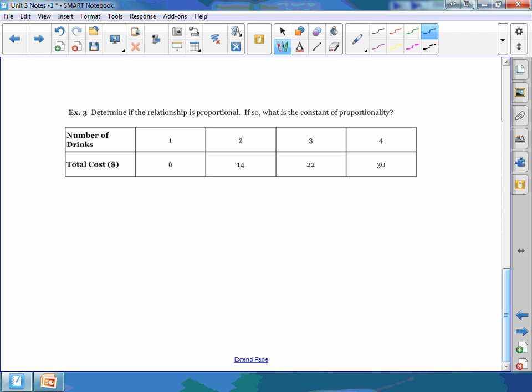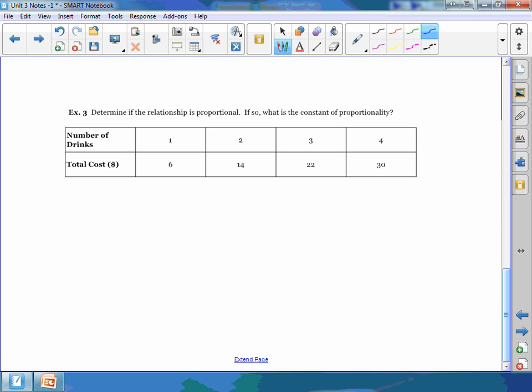All right, last one on this table. Number of drinks versus the total cost. Proportional? No, and this could be like the worst deal ever, right? Before, at least with the baseball, it's like, oh, you're going to buy more? Well, we're going to cut you a deal. You buy 5, that costs this. This one is like, okay, you buy 1, it's $6. You buy 2, it's now $7 per drink.